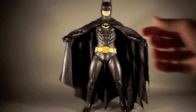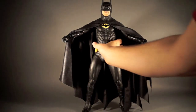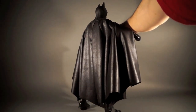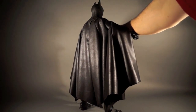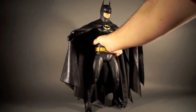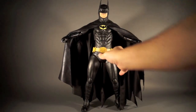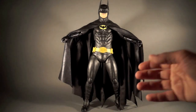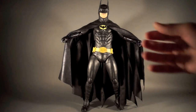Alright, so we've got Batman all alone again, off his stand. I've put the arms out so you can get a little more feel of how the cape can look when it's really spread out like that. I was taking pictures of this from behind, and there were some good old photographs, like Jim Lee's photographs, and I think a Rolling Stone cover, a shot of Batman from behind. This NECA figure with the addition of the Tony Mai cape, with the cape down,